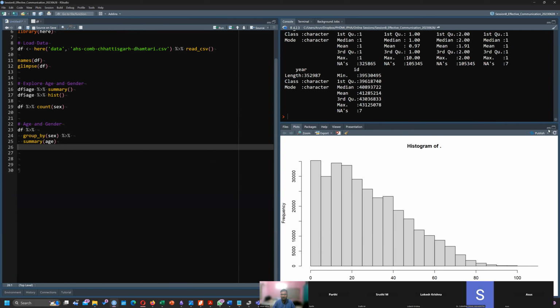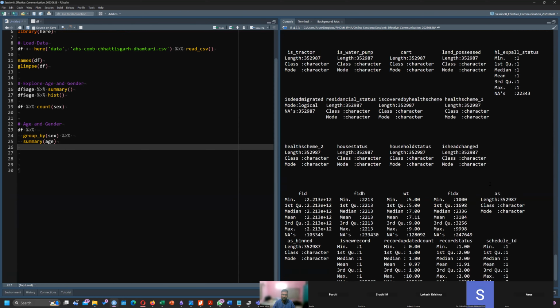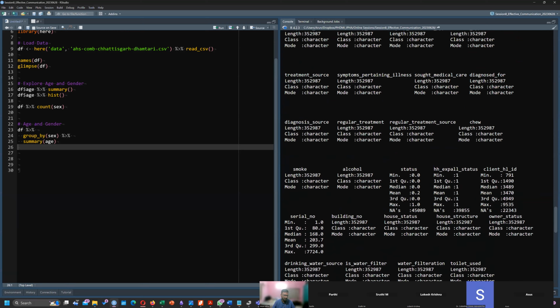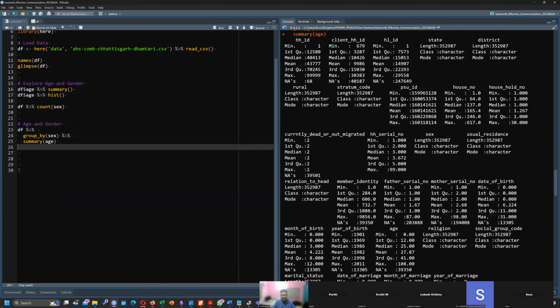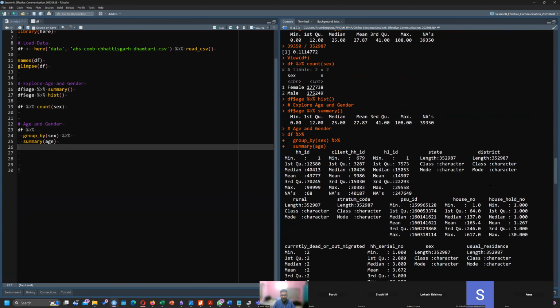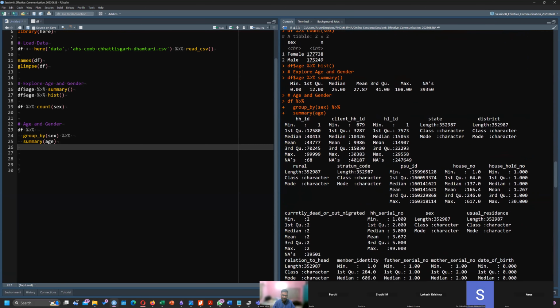What happened? The output is not filling. What happened? So it seems to be giving it for every variable. So the correct syntax is